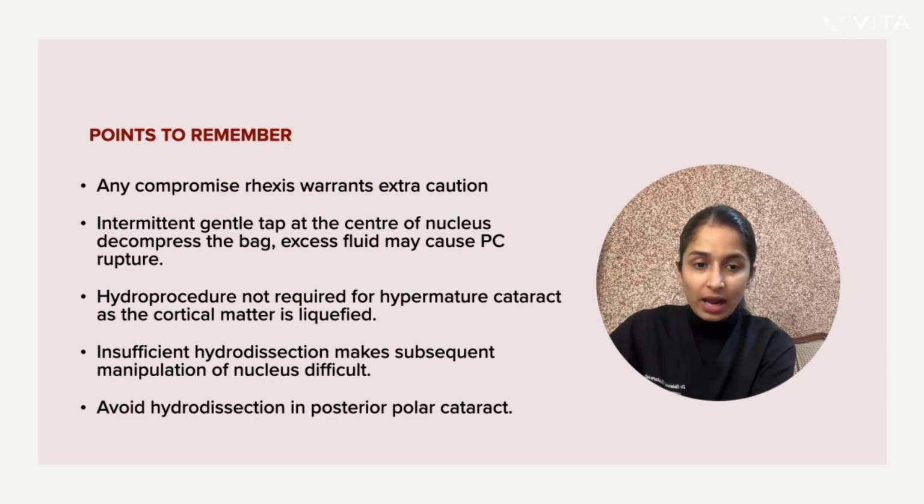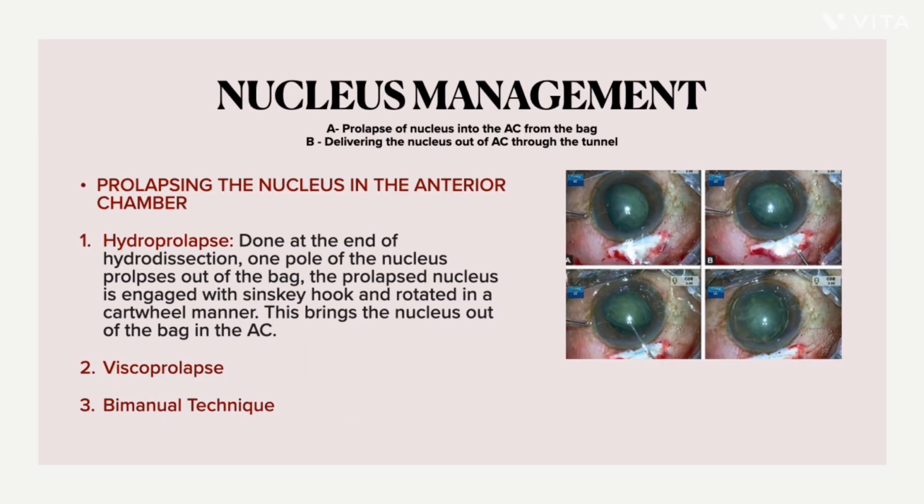An inadequate hydrodissection makes the nucleus manipulation very difficult later, and also avoid hydrodissection in posterior polar cataracts due to high risk of capsular rupture. Now moving on to nucleus management part, which is divided into two parts. The first one is prolapsing the nucleus into the AC from the bag, and the second is delivering the nucleus